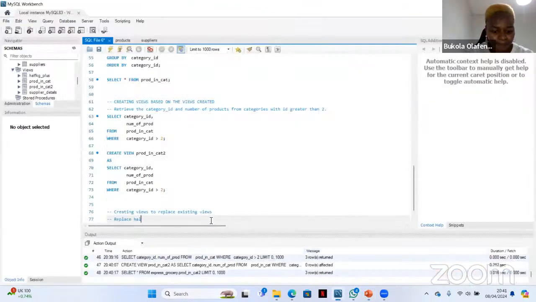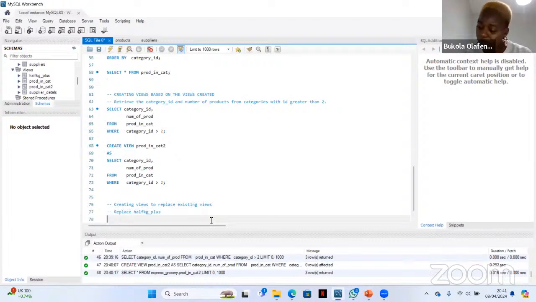So here we're going to retrieve ID, name, phone number of